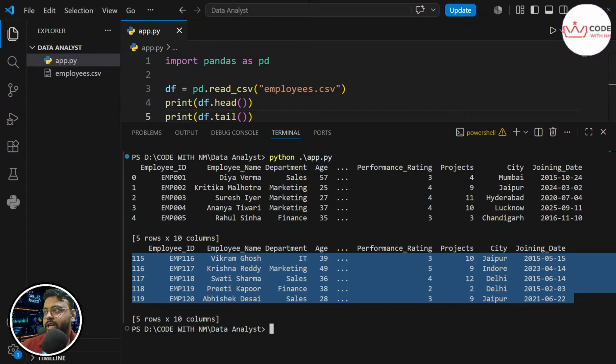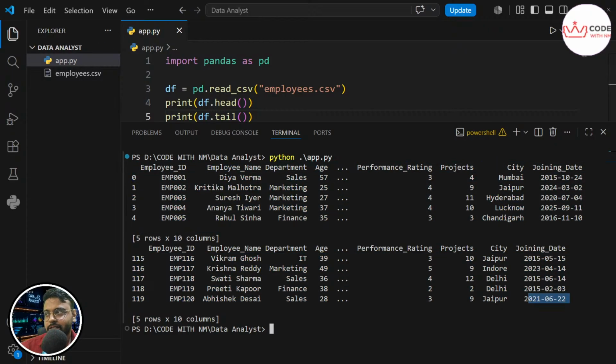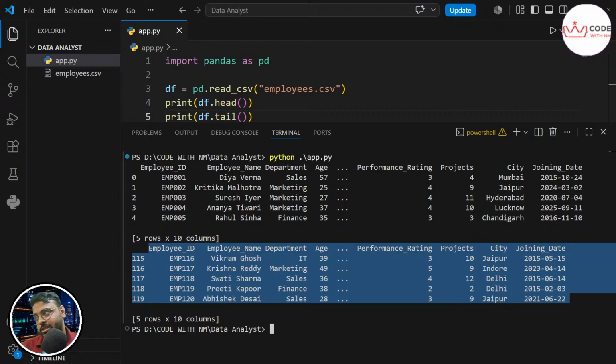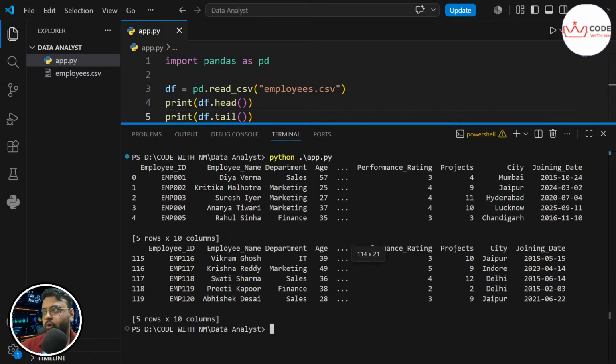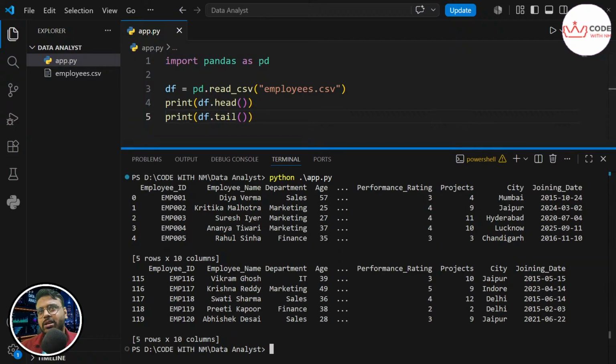If you want to see the first data, use head. If you want to see the last data, use tail. By default, head prints the first 5, tail prints the last 5, meaning the bottom 5. This is how we check whether employees.csv is loaded into our code or, in plain English, whether we are able to access the file or not. Simple: df.head, df.tail.